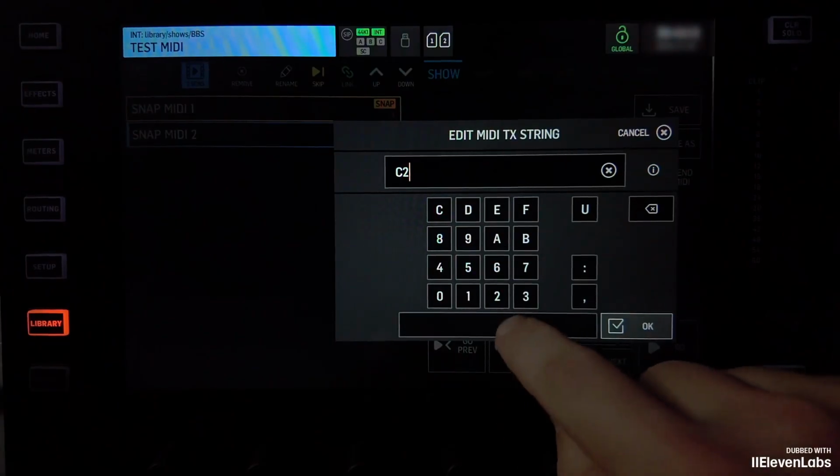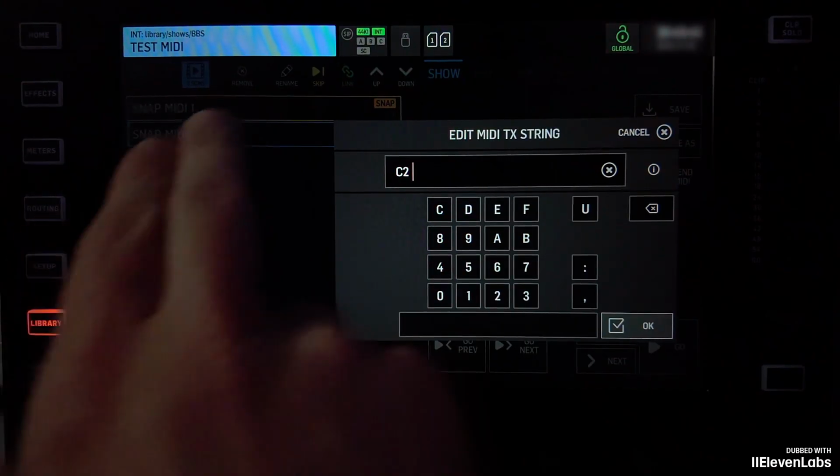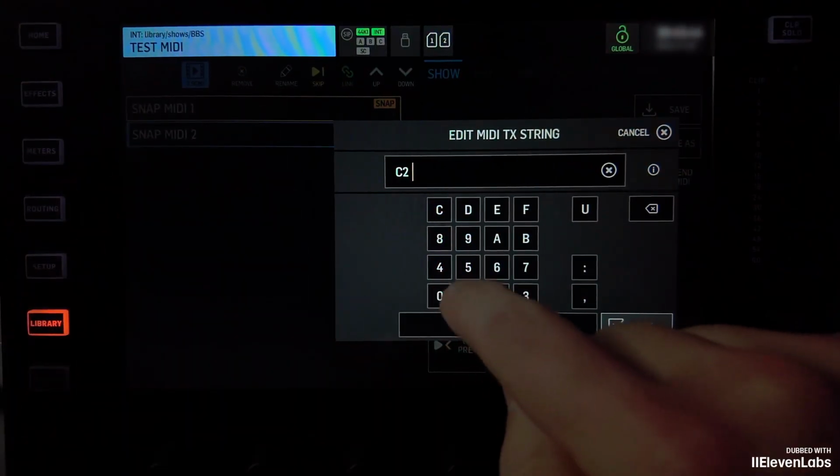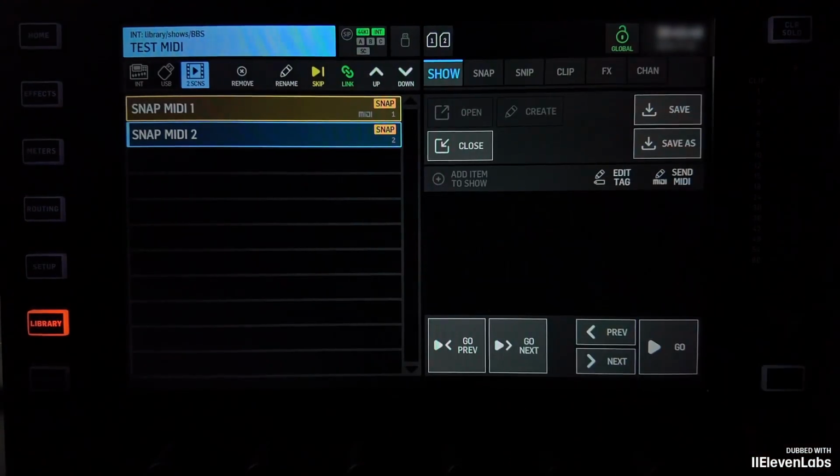A space follows, and now comes in hexadecimal the program or the snap that I want to load. And here, you remember, I assigned these external IDs earlier, these numbers, and that's exactly what I need at this point. And I recall that my snap with the 1, so the program I want to load with this snap, was assigned the number 1. Therefore, I now enter 01 and say, OK.